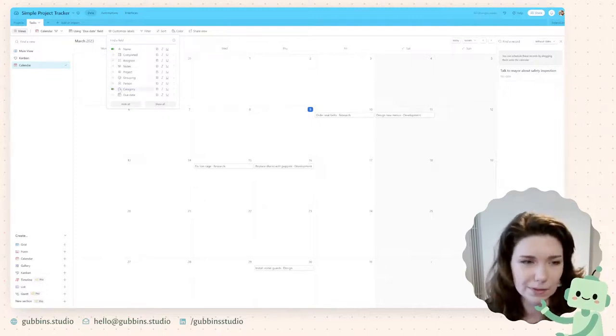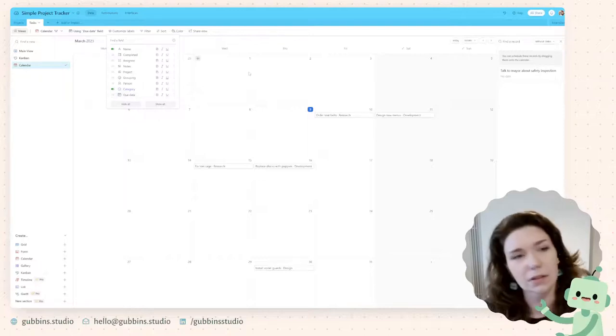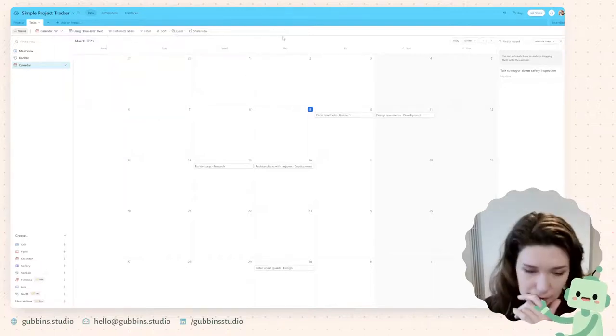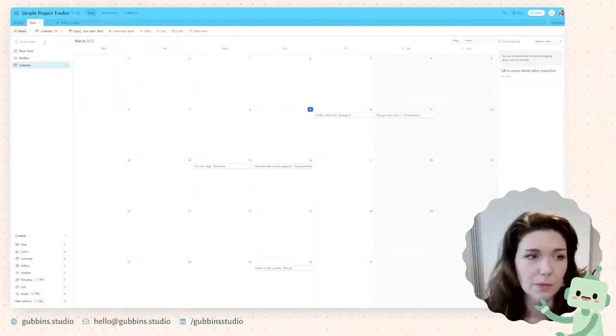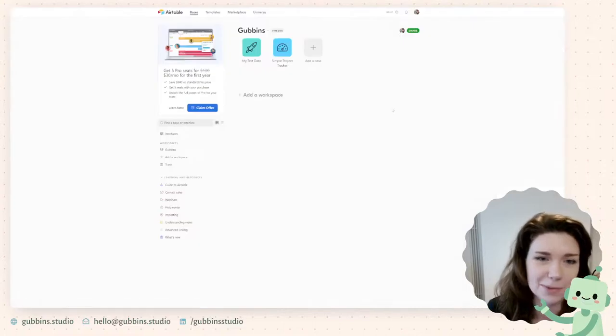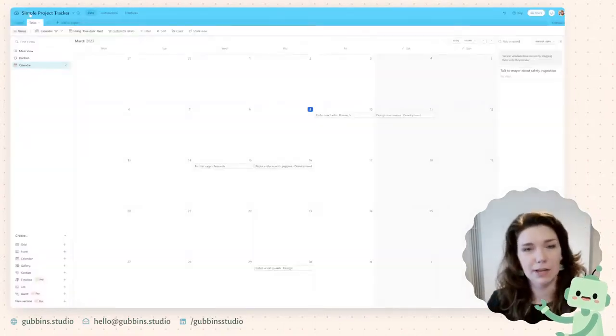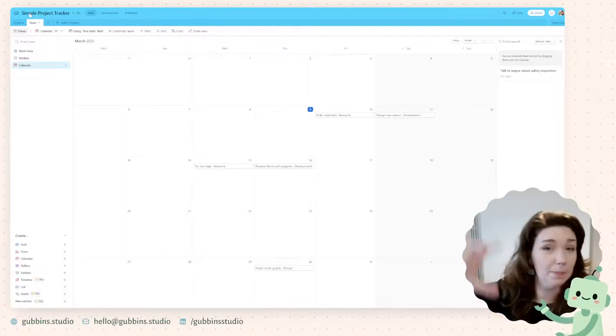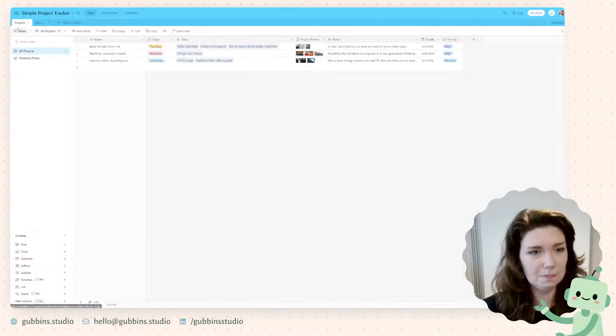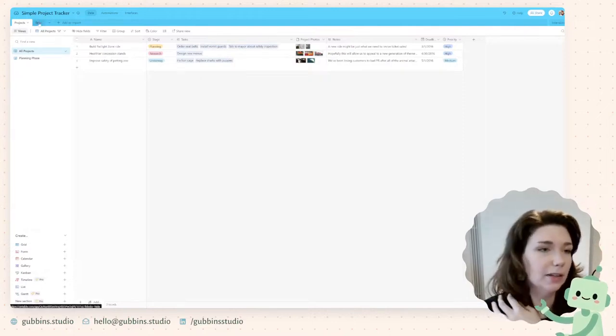What else? No, that's fine. Don't need to cover that. Collaboration, so you can work with multiple people in a single, I don't know what Airtable calls them, base. So in a single base, you could create a base for a particular client and then create different tabs for each of the projects you're working on.